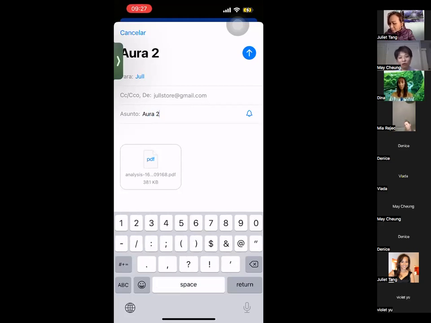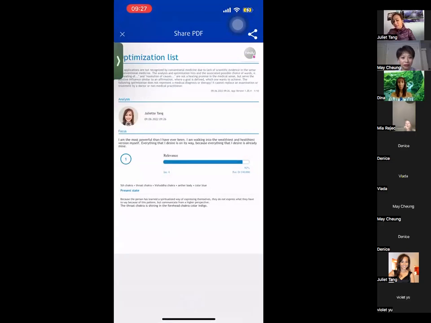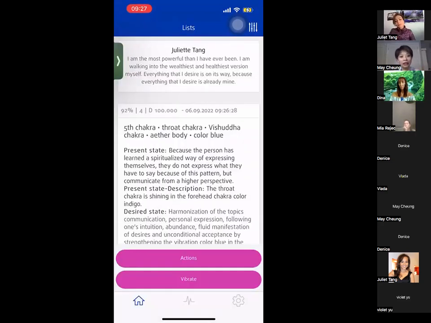So this is, I call this aura analysis. Okay, so this whole report will be sent to your friend, and if you just do a quick scroll up and down, the report is in a different format, but it's all the points you see here. Okay, that's showing up on the PDF report, right? As you see, the focus statements on the top are to anchor so you know what you are focusing on, right? And